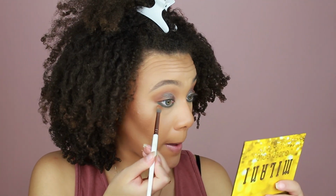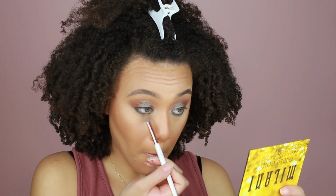And then once you're happy with that application, I'm gonna go in with the same brush that I was using to blend out the other shades, and I'm just gonna kind of blend that shade out right underneath it. Alright, so now I'm gonna go in with some mascara, and I'm gonna use the Maybelline Total Temptation mascara,